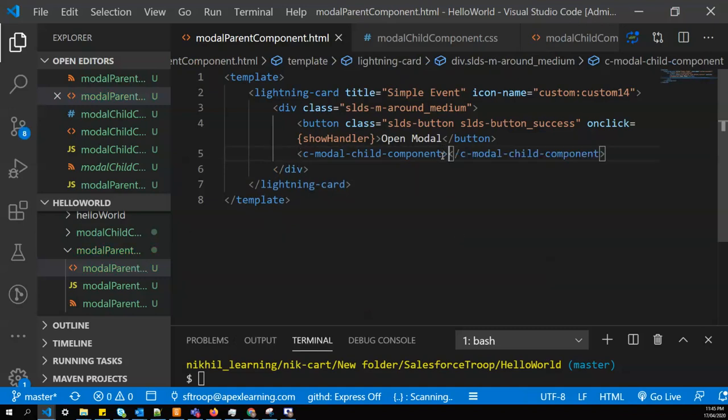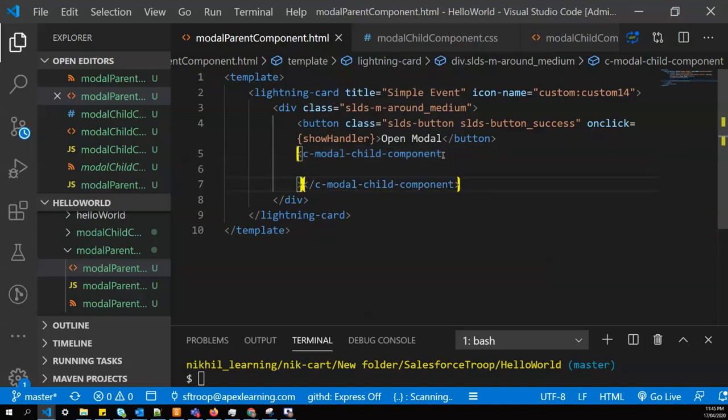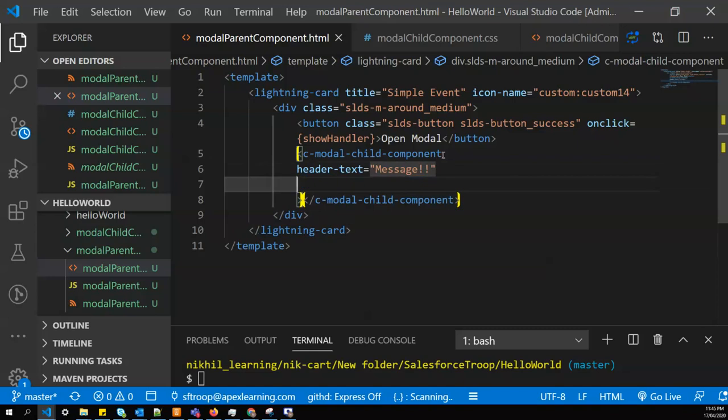And as we know, the child component is expecting some text from us, so we'll pass some text. This is like parent to child communication that you learned in my previous video. So I'll give some header text message, and then it needs body text.